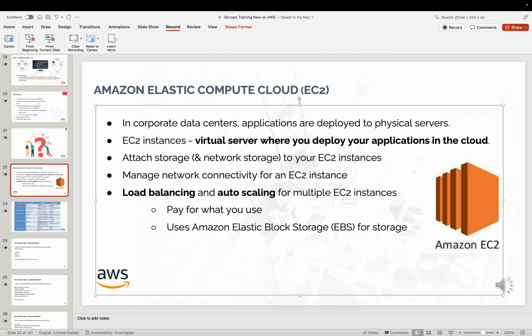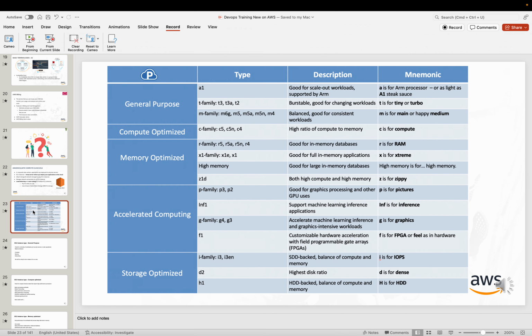Then the same payment model applies: pay for what you use. The moment you use your EC2 servers, you will be paying for that. The moment you terminate the EC2 server, you will not be paying for that. And there are some EC2 instance classes, the types: general purpose, compute optimized, memory optimized, accelerated storage, correct? These are the details about the type and the description. You can read more detail on this, but